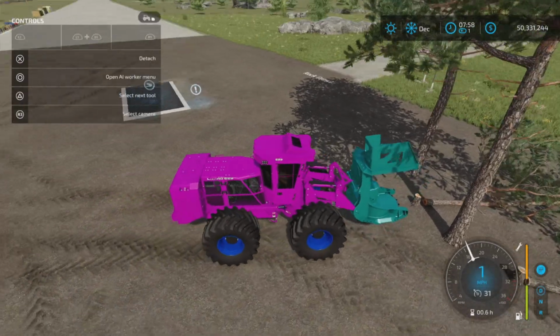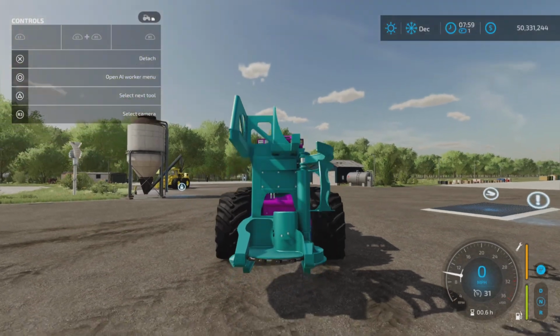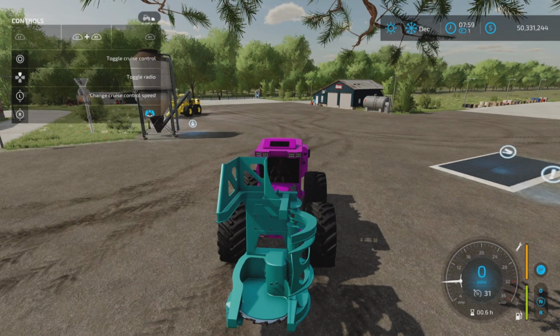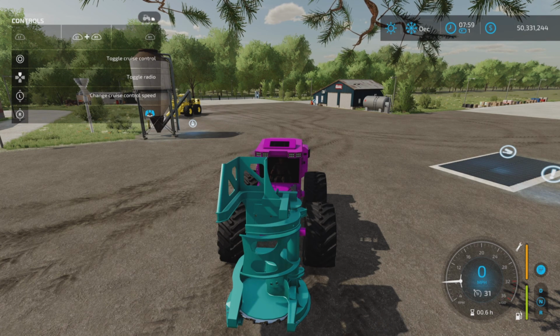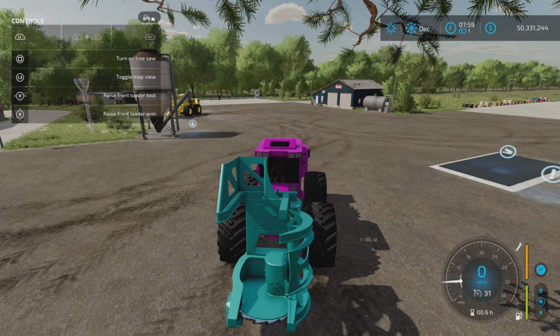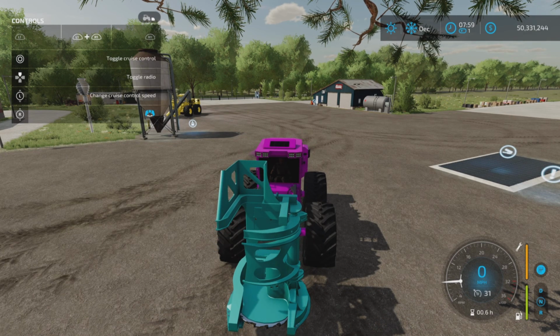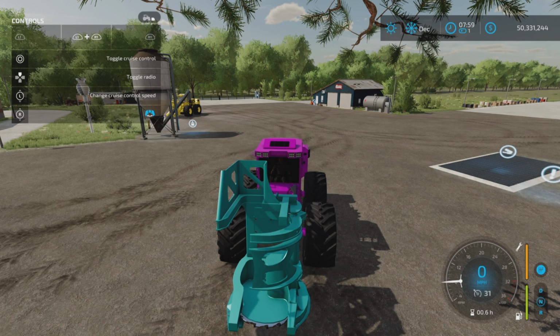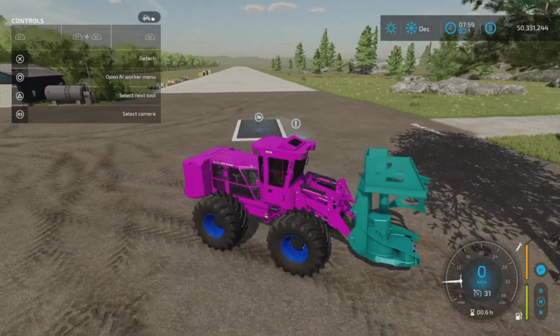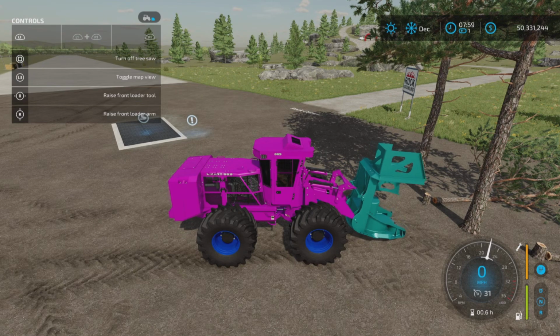So here's the buncher head. Now this, as you can see, is a slightly different design, more designed for smaller trees. I have some smaller trees. It works in exactly the same way as the other one. We have just basically raise, lower, tilt. L1 and R1 just closes and opens. That's what it does. And so let's turn it on and go forward to a tree and let's tilt it